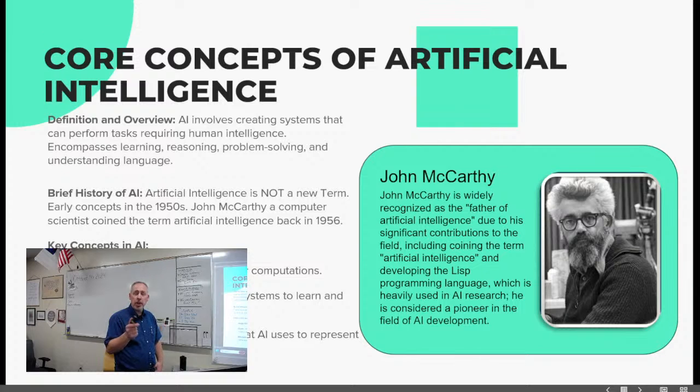Again, you can use ChatGPT to say, tell me what Lisp language is, and it will give you a bunch of code and say, hey, this is what they used. It's very basic, very rudimentary coding that, again, we're not going to get into here, that they used for the first concept of AI. At that time, it was basically being able to take data and wrap a set of rules around that data and build models from it. So you could say, here's my set of rules for doing computations. Here's the raw data used by the AI systems to learn and make decisions.